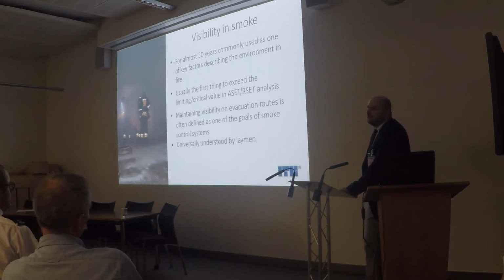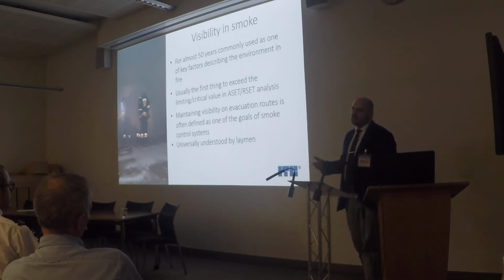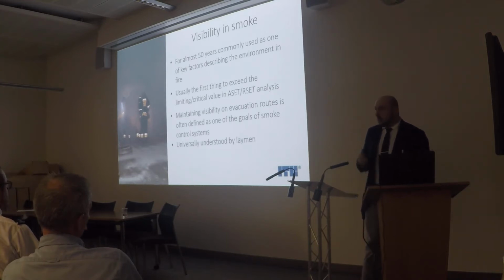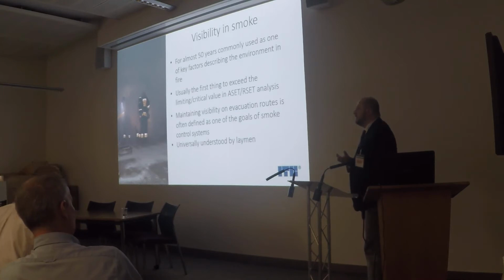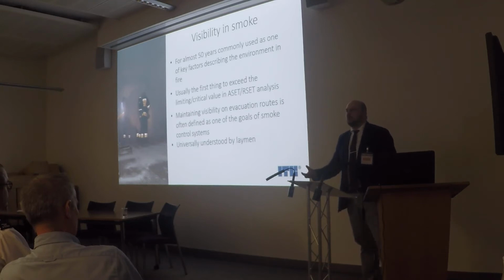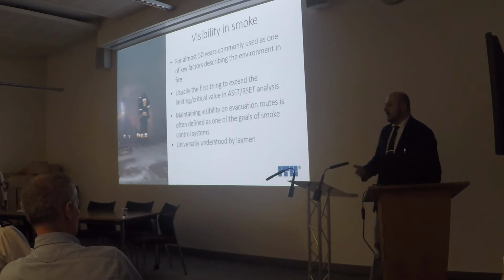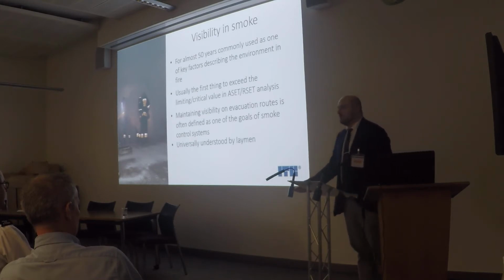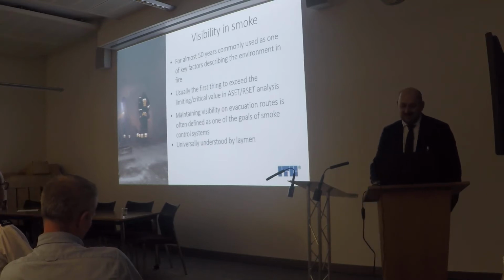Also, maintaining a given value of visibility in smoke is often considered the goal of our modeling. We design our systems to provide a given value of this particular parameter. And one thing that is very nice about using visibility as a parameter to describe tenability is that people who are not fire engineers can understand what we're talking about. If you say, I can see for 10 meters, they can imagine that. If you tell someone, I have a smoke mass density of 0.1 gram per cubic meter, then they don't understand it at all. But is that simple? Well,